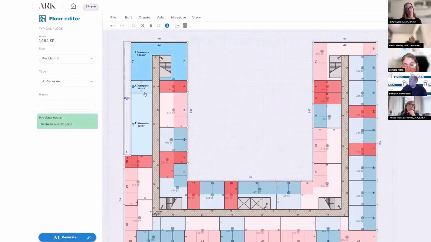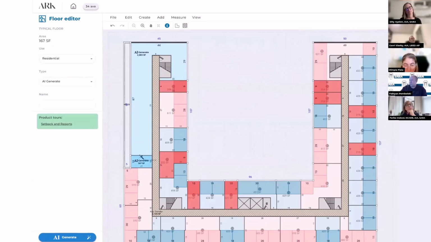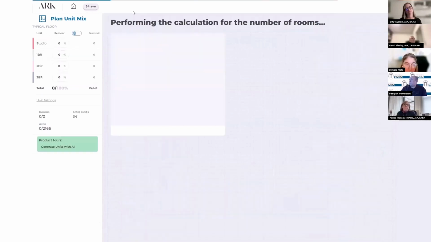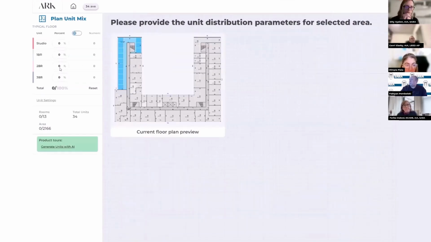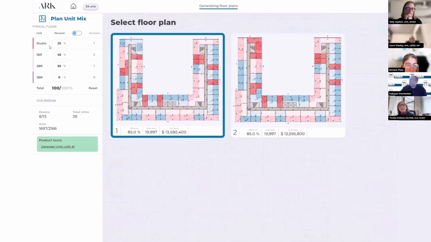It also depends on the square footage of the setbacks that we want to create. You can create it easily with Arc. I'm going to generate this corner of apartments and I'm going to go 45 and 30. In this case, Arc is giving me two options and I'm going to go with the left side